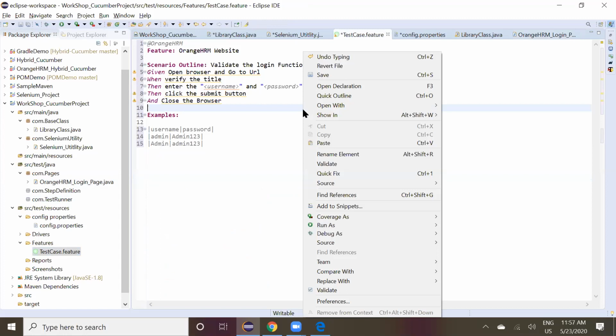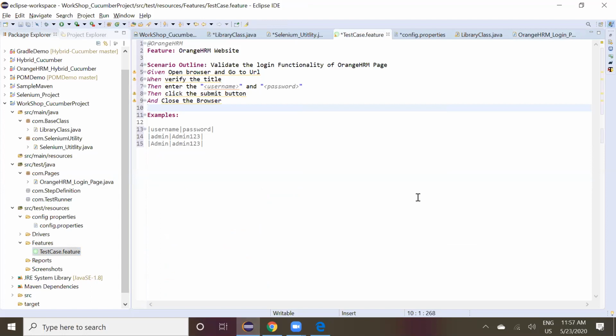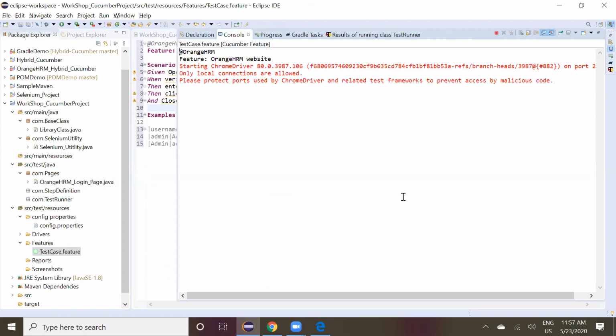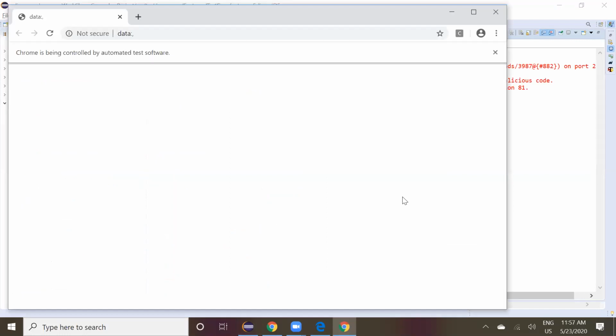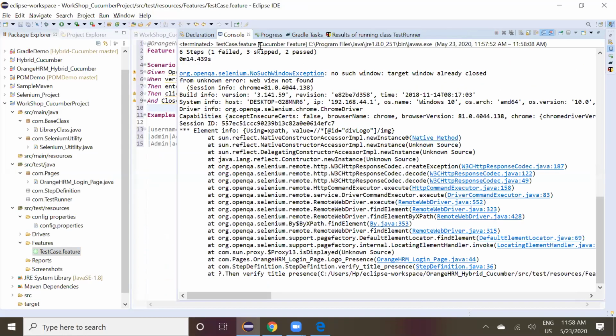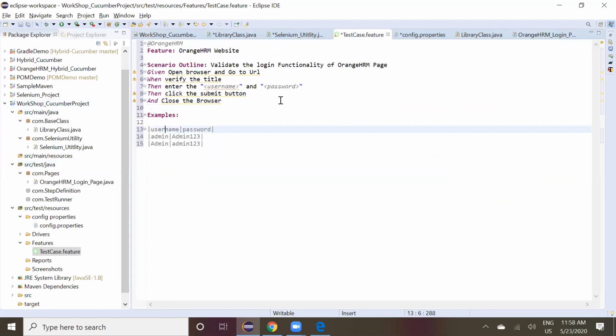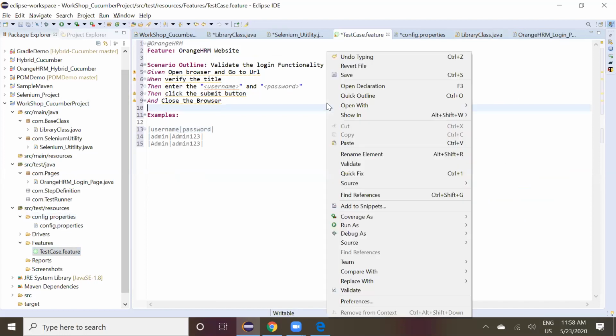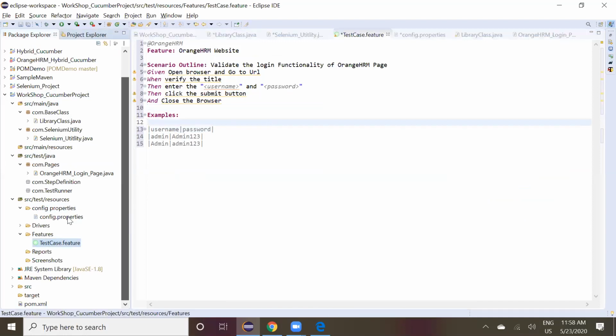Now can you run the test case feature file? You have to run the cucumber feature. No, wait a second. Which one are you running? This one only, workshop for Cucumber, which we created. Right click, run again.